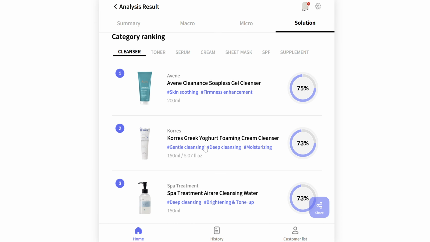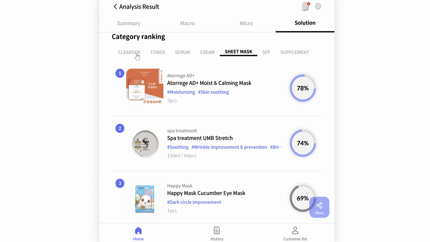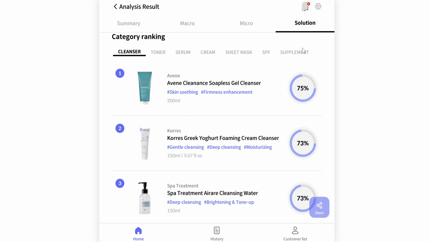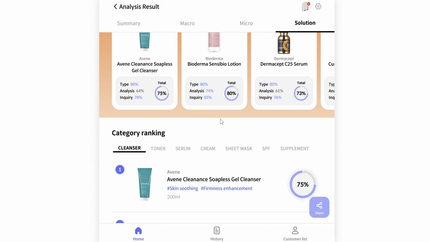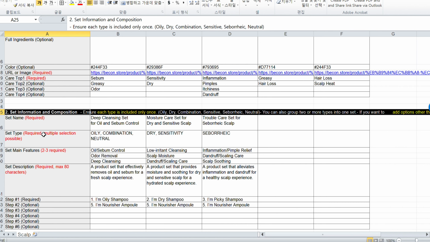And below here, because you have more than 21 items, based on the category type for the cleanser, the toner, the serum, cream, the sheet mask, each of the category that you have, it will showcase the percentage, how this product is well matched with your skin type. So to indicate all this information, it's important that you have to fill out this second section, which is the